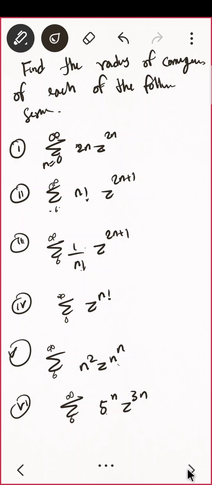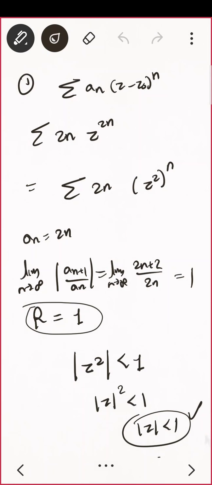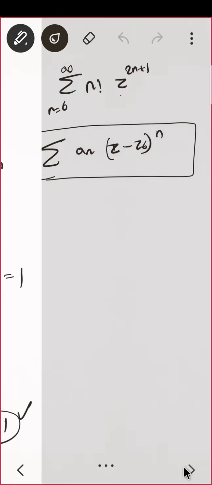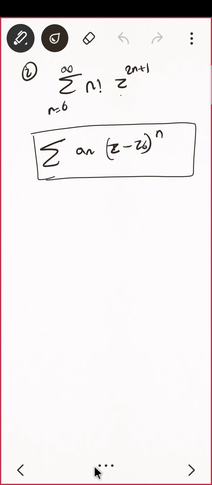So do you observe something? Whenever you have a coefficient that is a polynomial, the radius of convergence is 1 there. Yeah, so if you want, I can show you some practical